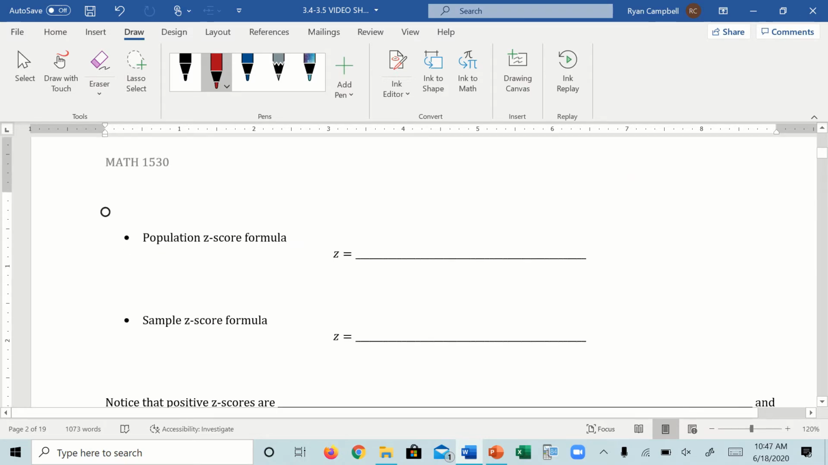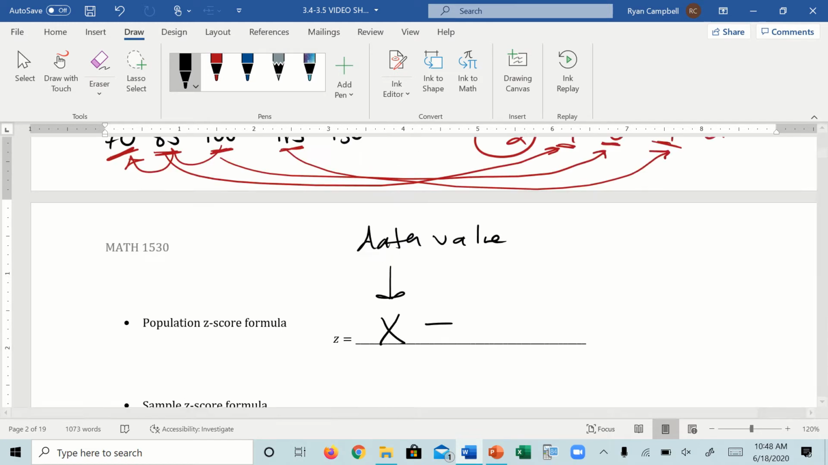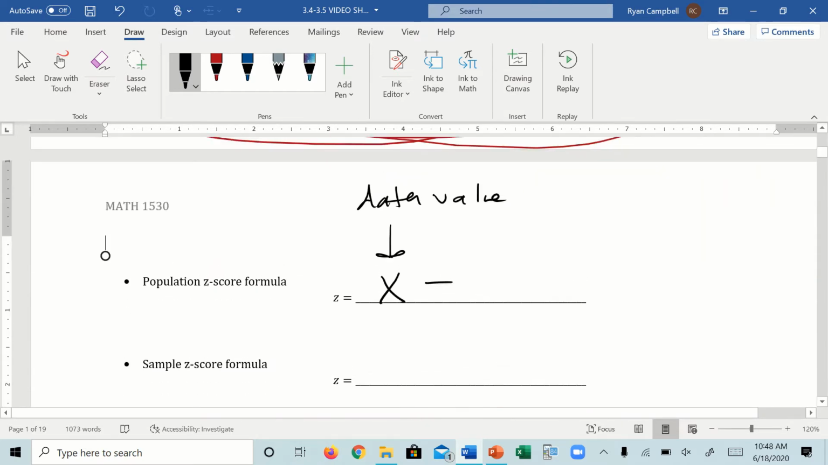So, when trying to figure out the formula for the population z-score, we're going to have x. X is your data value, so the original value that you're using. And we need to subtract, okay, so in this case we subtracted 100, but 100 might not always be the case. So what was 100 represented in this formula, or in this example? So 100 was mu. Remember, mu means mean. So in all these cases, we were actually just subtracting the mean. So you take your value, you subtract the mean,